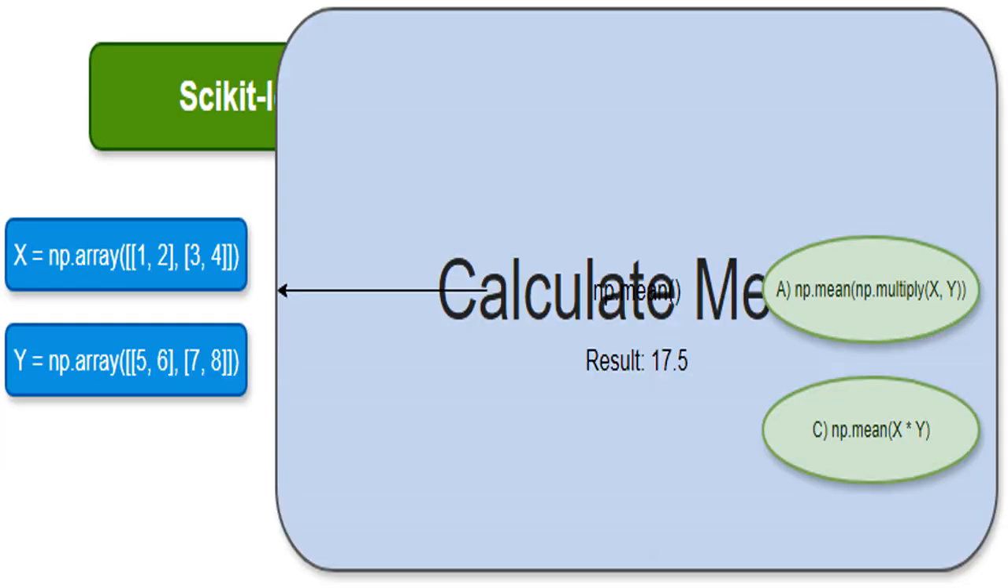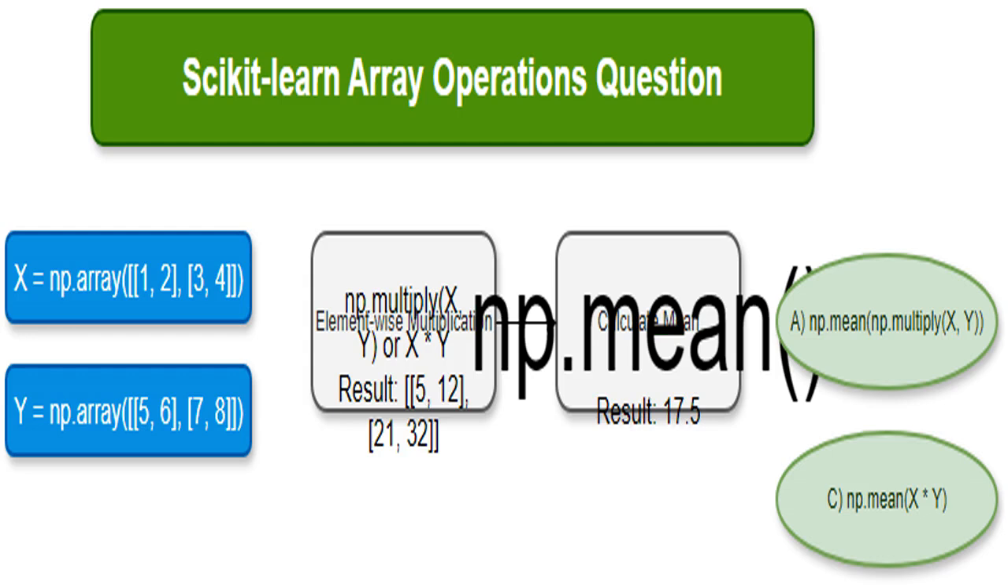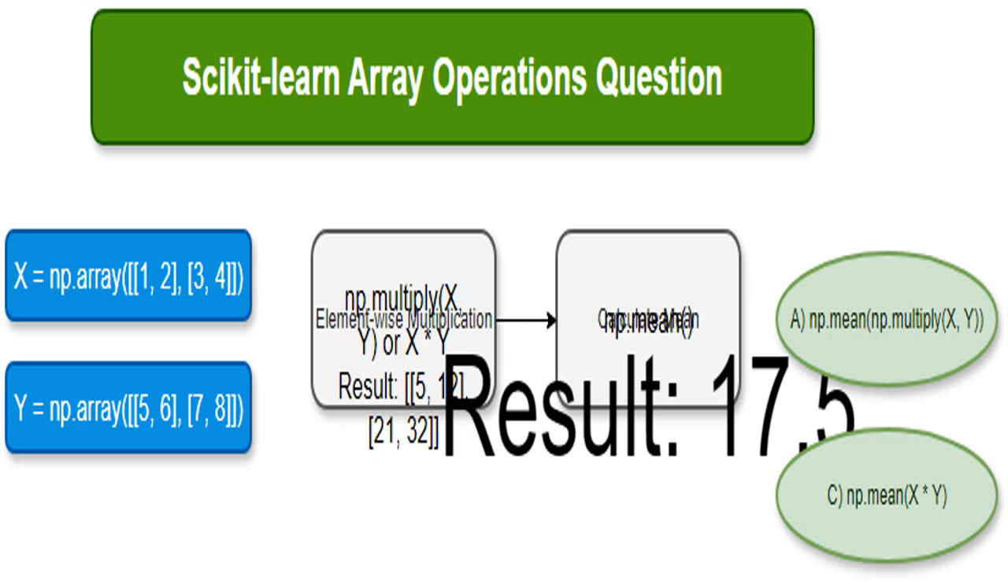After performing element-wise multiplication, the next step is to calculate the mean, average, of all the elements in the resulting array. This is the NumPy function used to compute the mean or average of the elements in an array. This is the final answer. The mean of the resulting array, 5, 12, 21, 32, is 5 plus 12 plus 21 plus 32, divided by 4, equals